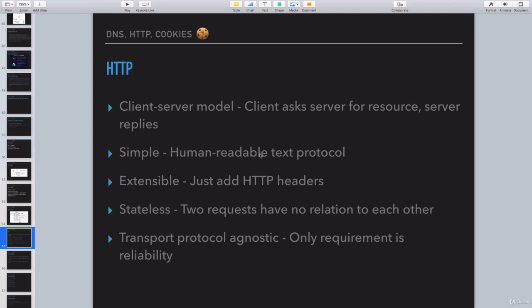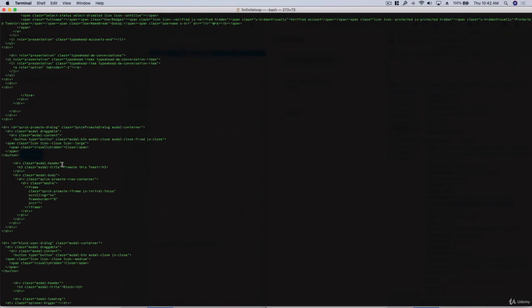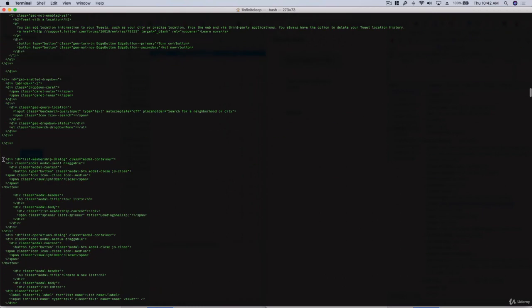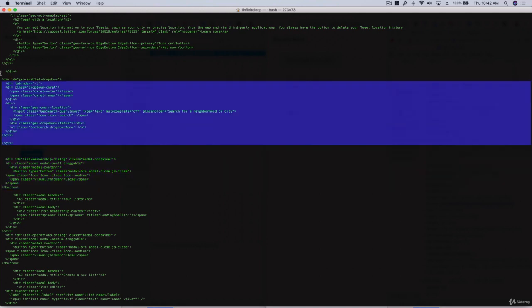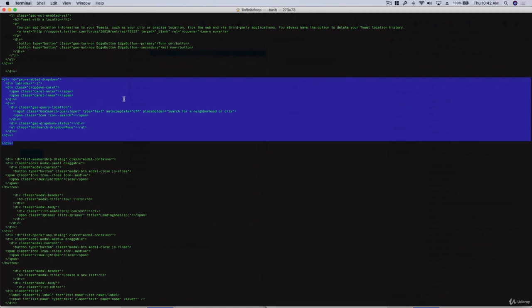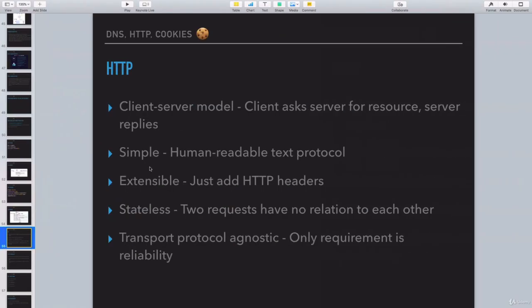It's pretty simple. It's a human-readable text protocol. So if we look over here at Twitter, this is HTML, but essentially you can just write from any text editor that you like, and you can just start hacking away on writing HTML